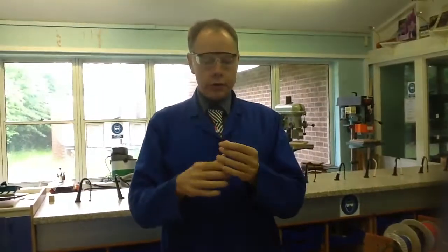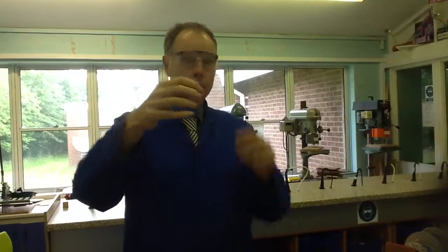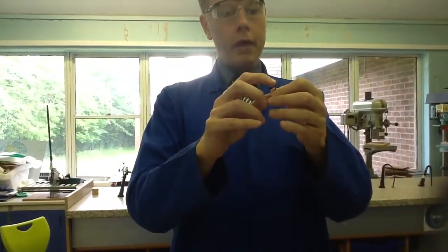Next stage I'm going to show you is how to join the wires to our push to make switch. So this will start our timer, and I'm now going to show you how to join the wires to it. So I've already stripped and tinned a piece of black wire, and I've cut off again about 1 centimetre worth